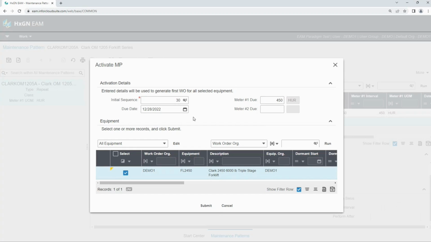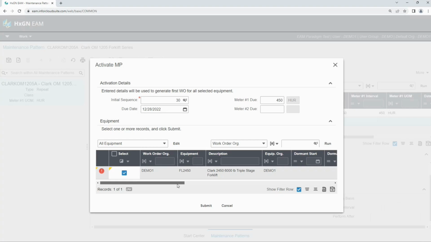So if you have new equipment, you could use this little checkbox in the upper left of the header. You can select all the equipment that you might want to activate at the same time with the same pattern starting point. But in many cases, it's almost a case-by-case basis where you have to select each individual piece of equipment because there is variability of the fleet, or equipment that's already in use. It's going to depend on your operation and your equipment and when those next maintenance work orders are due. But you select the equipment, click submit,